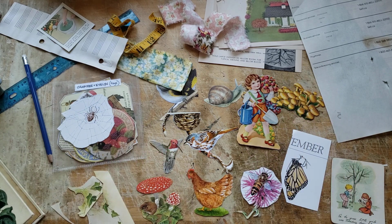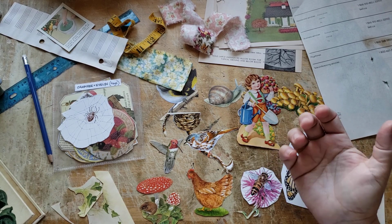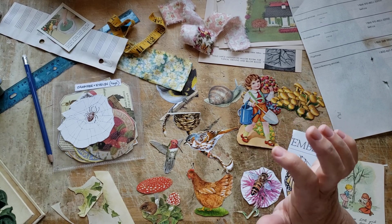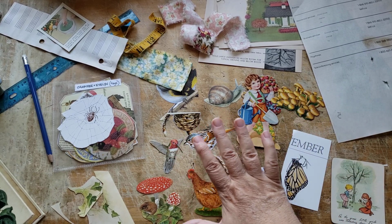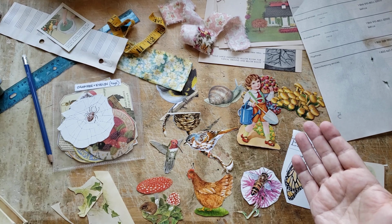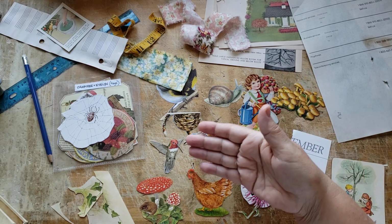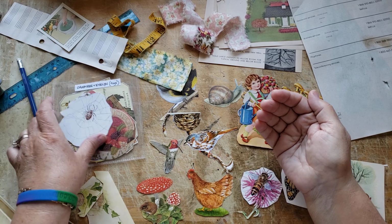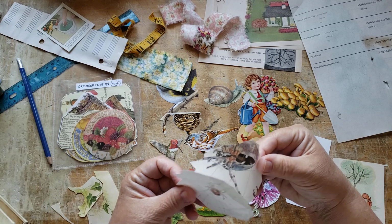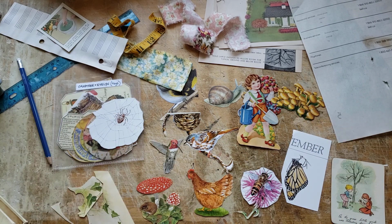So I've got fussy cuts here. You know what? I also have a tiny little thrift haul. The fussy cuts led to the thrift haul. Going on a thrift haul really wasn't my fault, because I wanted to put some fussy cuts into the work binder, and I wanted some bugs, and I didn't have any fussy cut bugs. I got lots of butterflies and lots of bees, but that was about it for a bug. Oh, I cut two out. Oh no, I can still use those bees. Well, look at that, I cut two out. Let's put that aside, put it back into my thing. Anyhow,